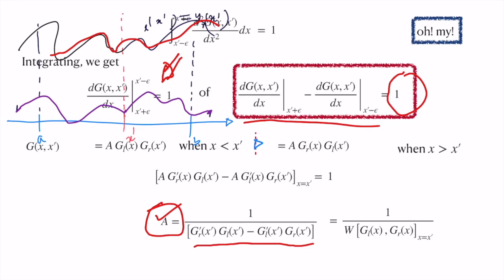The derivative of the Green's function with respect to variable x is discontinuous at x is equal to x prime. This is clearly due to the presence of the delta function on the other side, and we can exactly evaluate the discontinuity based on the integral properties of the delta function and then using the properties of the differential equation. And now we can continue and find the solution using this Green's function.